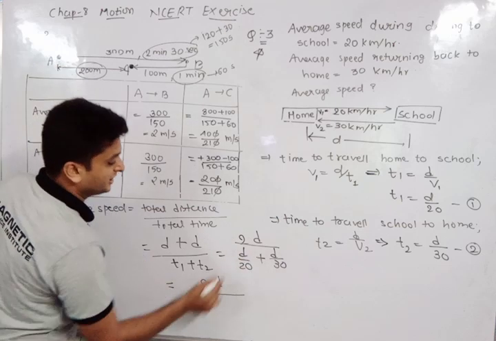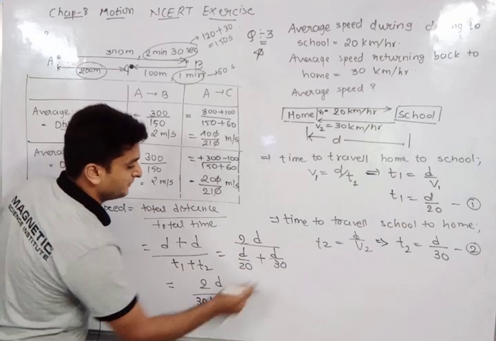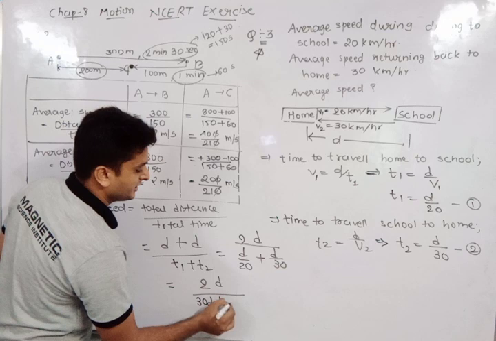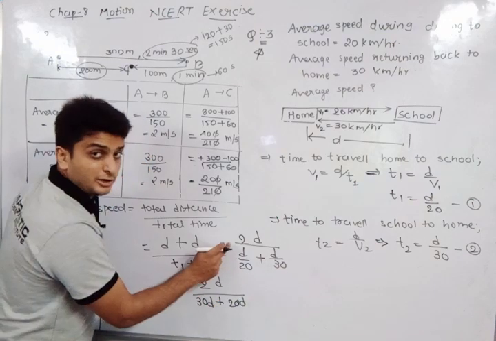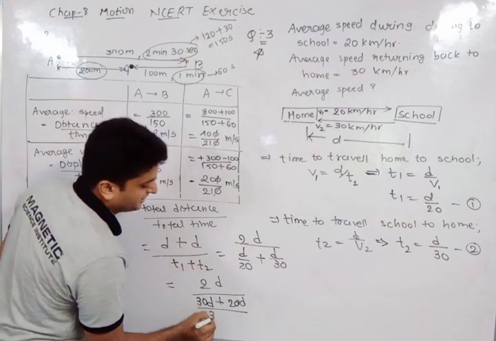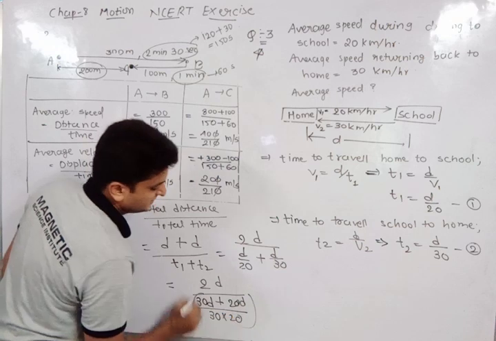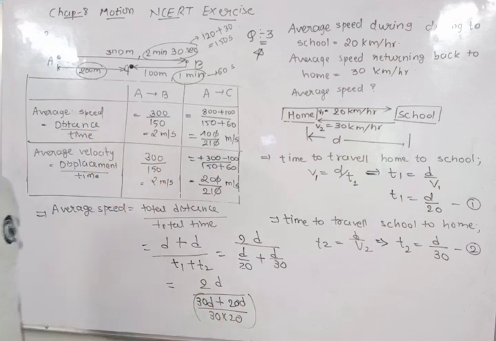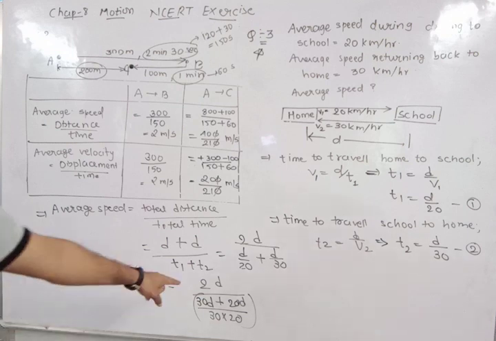Let's take the LCM. This is 30D. Do the cross multiplication: 30D plus 20D divided by 30 into 20. This is what we will do as a simplification, right? Okay, we will do the simplification, and that simplification is 2D divided by